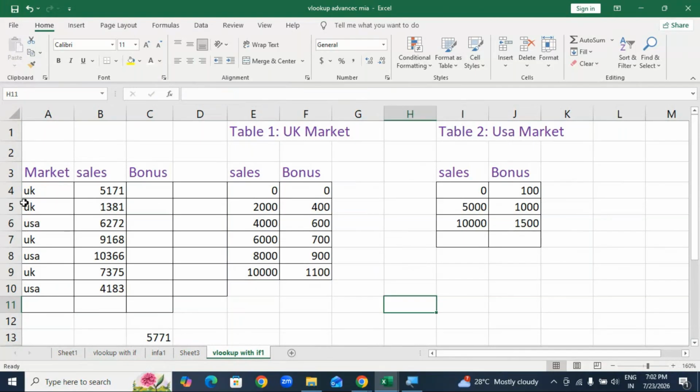For example, we sold some products to particular countries' markets. See here, all these are the UK market. We exported some products, and that product rate is 5,171. In the USA market we exported 6,272. Like this I have UK and USA, all the data in the particular column. My question is: in the UK market, if the sales amount is 0 to 2000, they are not okay. Before that,